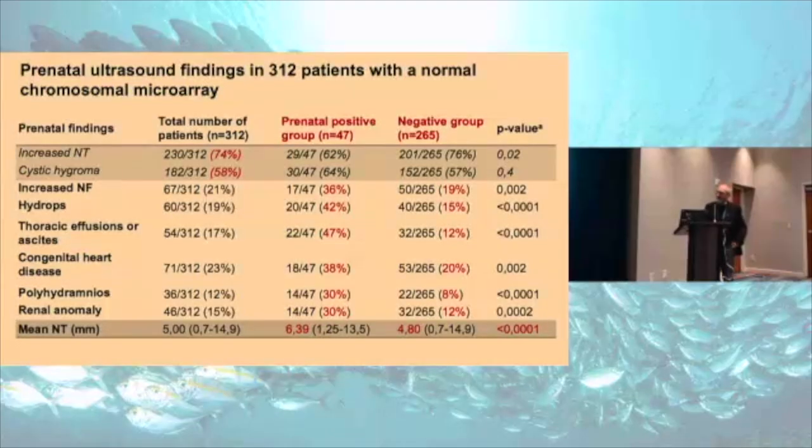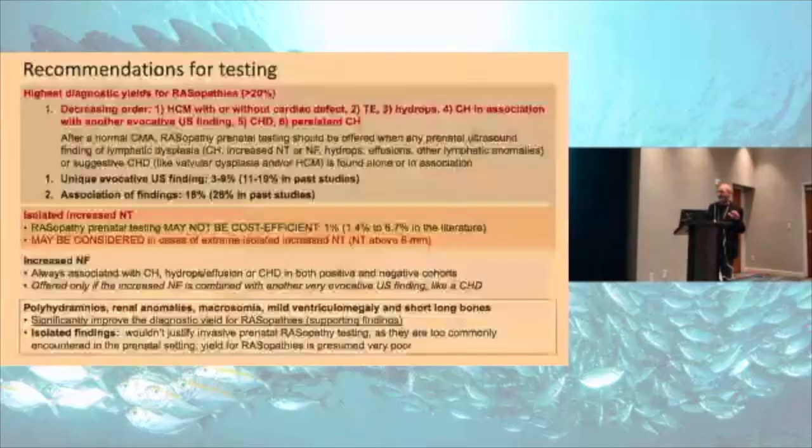So the increase in NT and cystic hygroma were the most common indications for testing, respectively in 74 and 58% of the cases. We observed that some suggestive prenatal findings were more common in the prenatal mutation positive group,